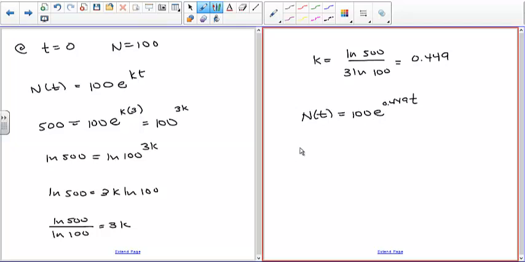And just to double check that we did it correctly, if we do n of 3 again, that's at 3 hours, you get 100 times e to the 0.449 times 3. So let's do that. We take 100 times e to the 0.449 times 3, and that comes out to be